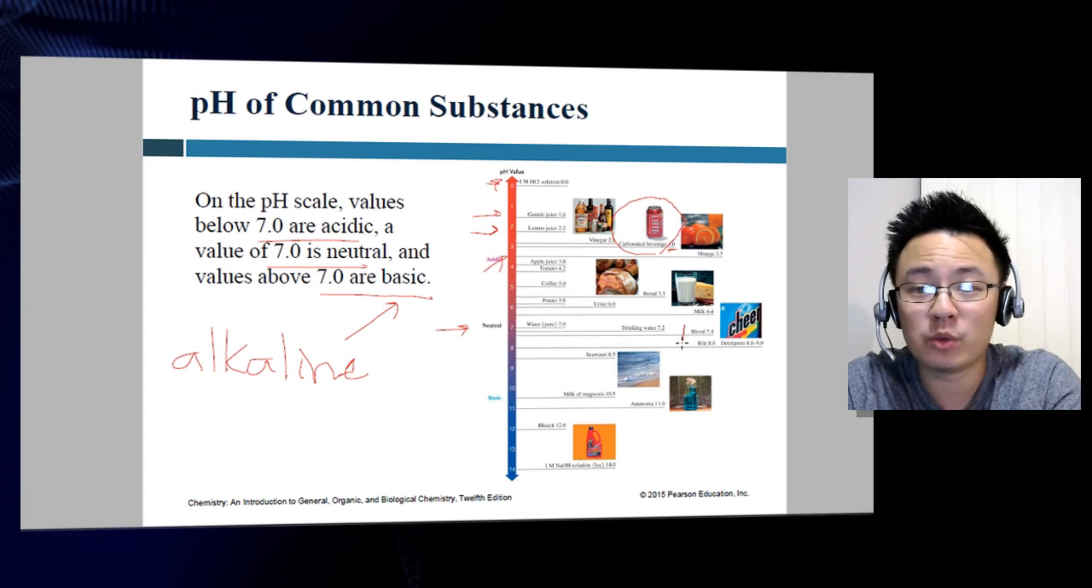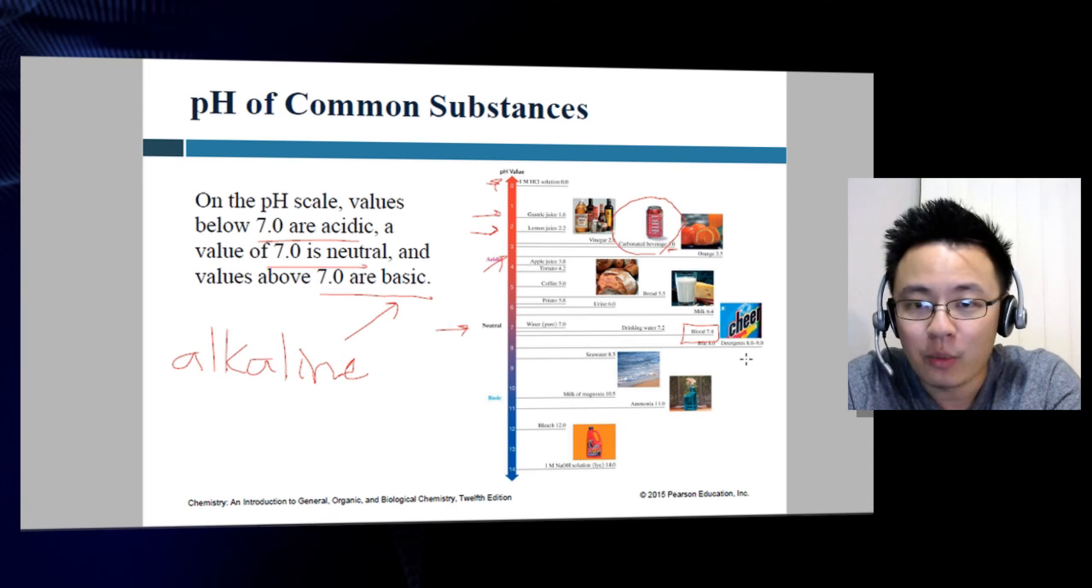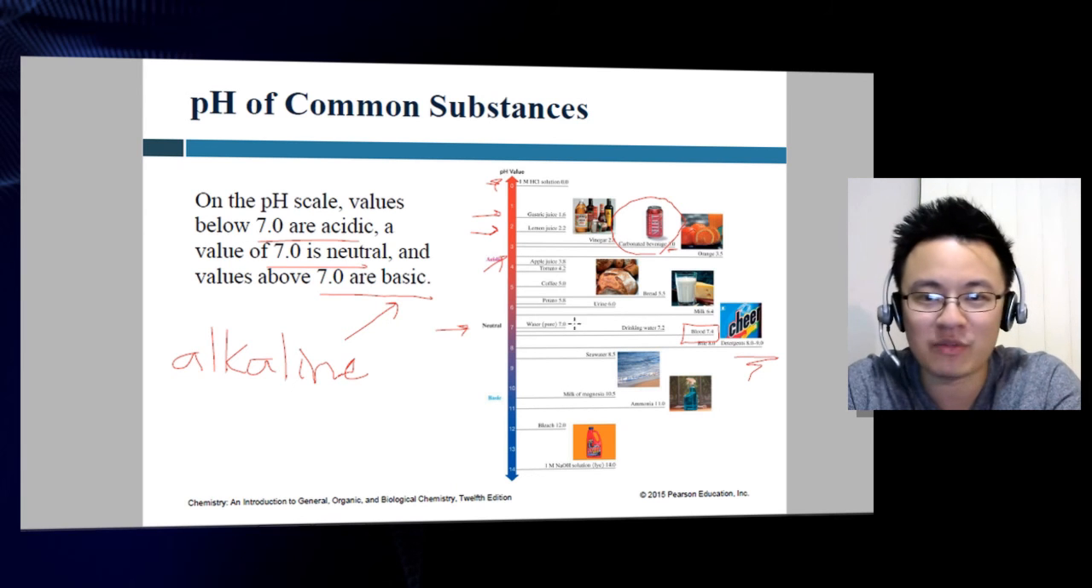Blood is at 7.0, which is extremely key. If you were taking my microbiology class, I would definitely want all of my students to know the pH of blood. We definitely have detergents here, which is around 8.0 to 9.0, depending on the manufacturer. Seawater here is at 8.5, which is a basic